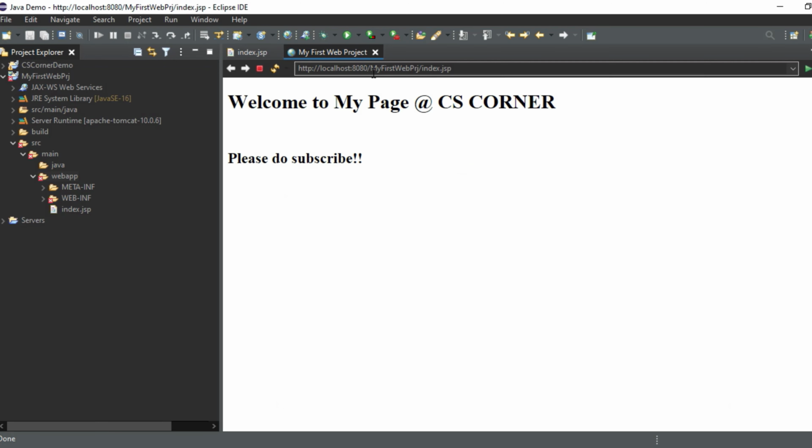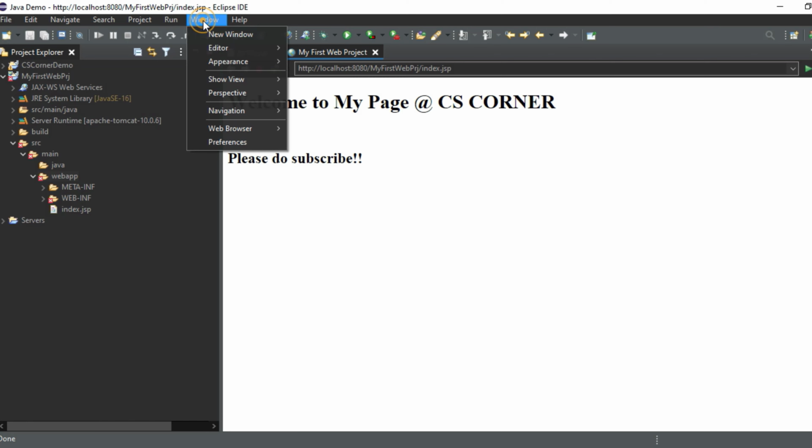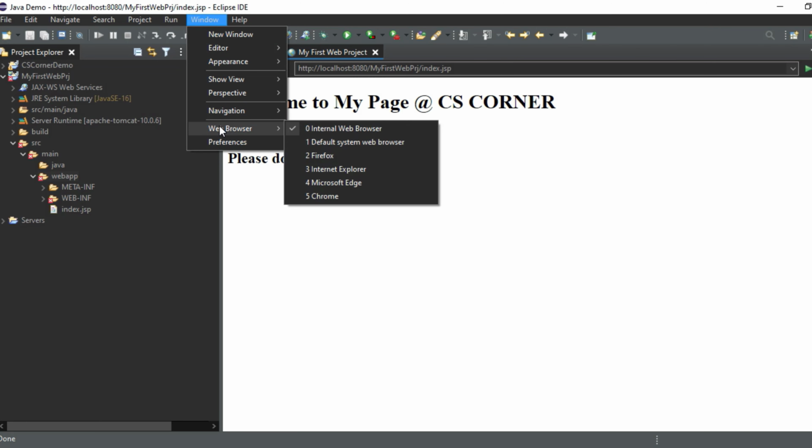So it is using the internal browser. If you want to change to an already installed browser, I'll show you how you can change the browser. So go to Window menu and go to Web Browser option. You can see the first option is Internal Web Browser. Therefore it has shown me over here. You can change the browser. Here we have total 5 to 6 options. You can select